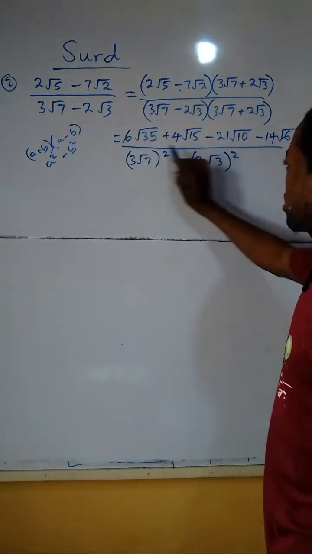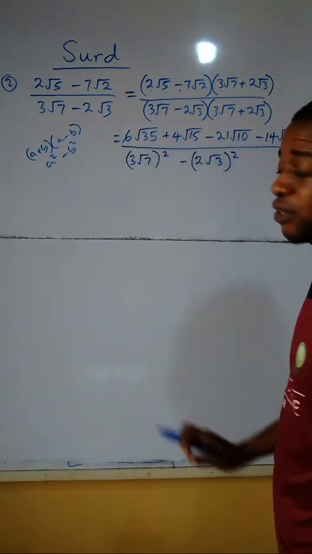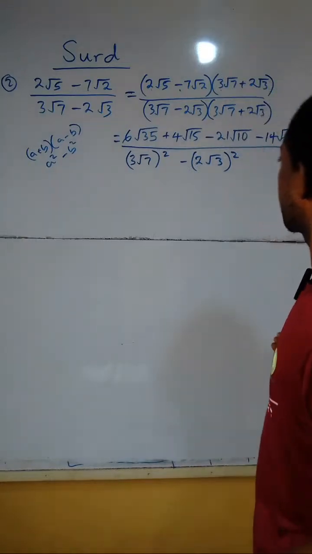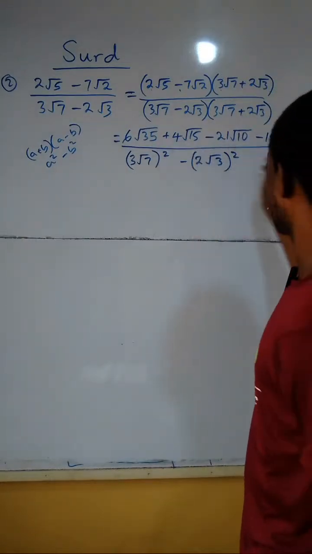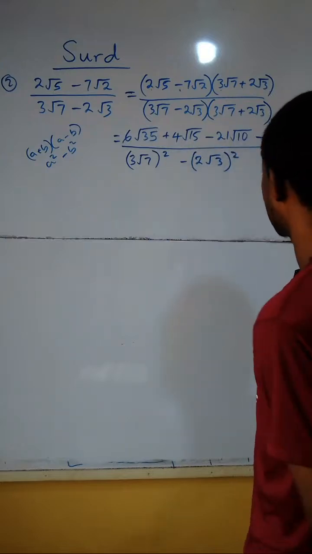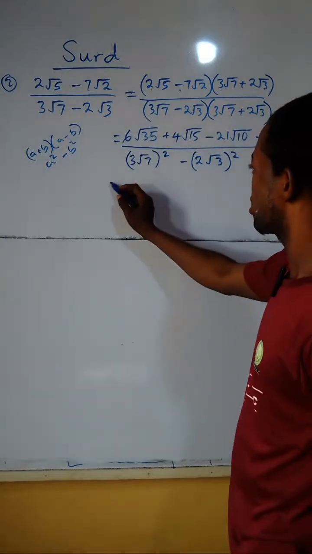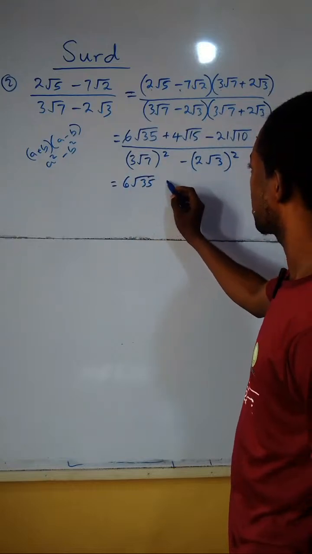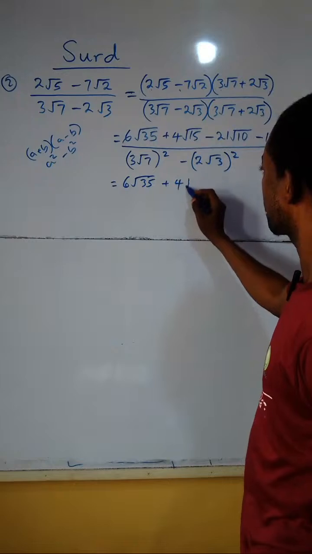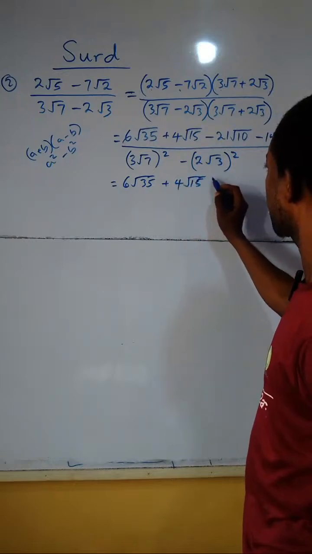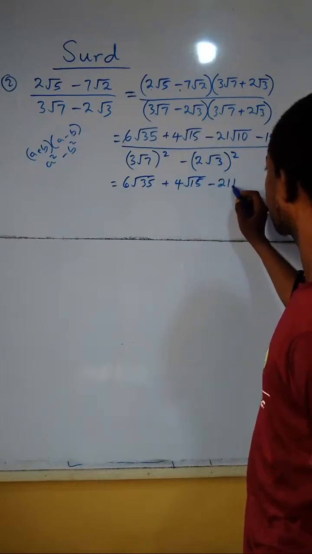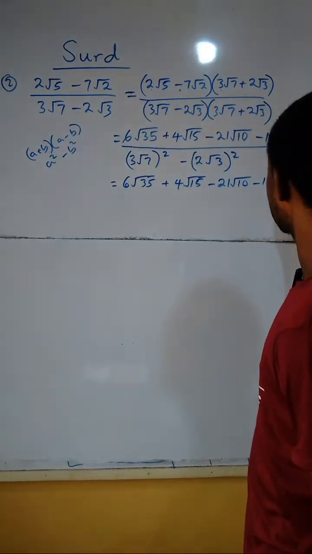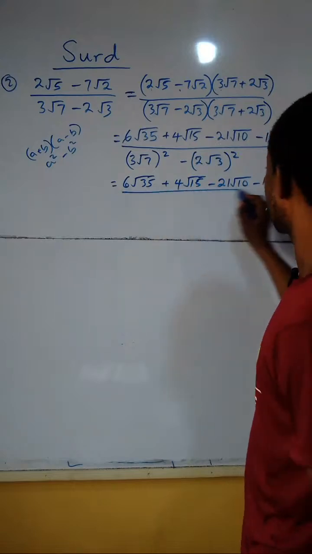Then when we look at the surd we have here, they're already in their simpler surd, so we can't factor any perfect number out from these ones. So we leave it as here 6 root 35, 10 plus 4 root 15 here, then minus 21 root 10, then minus 14 root 6, which is divided by